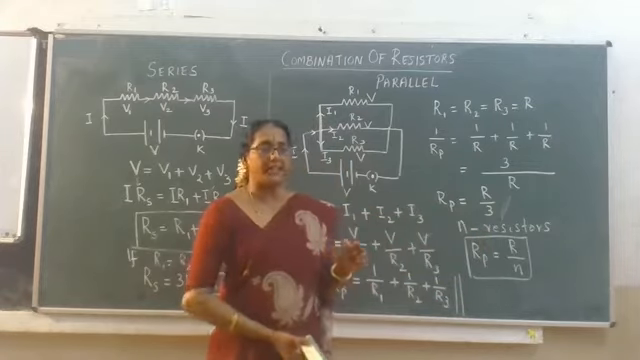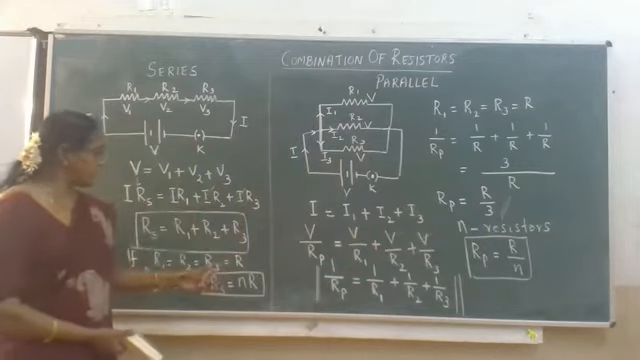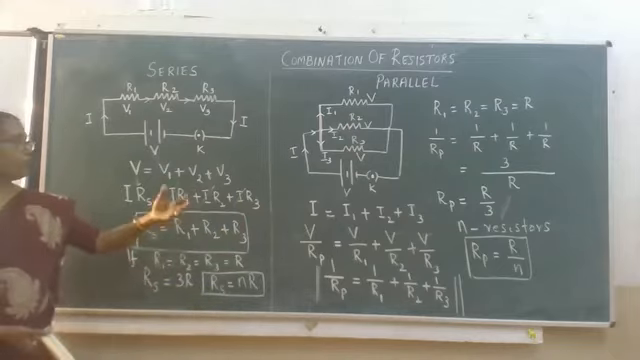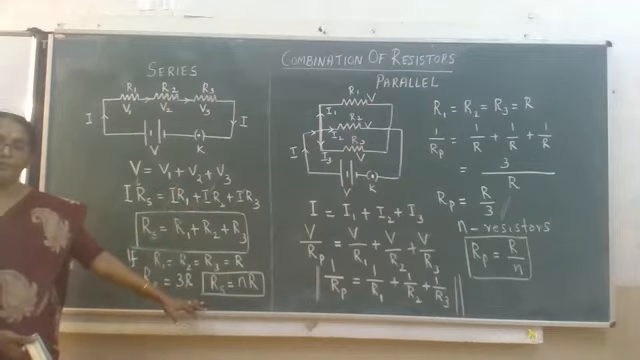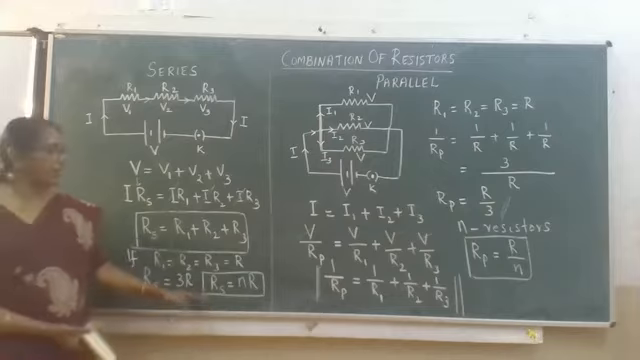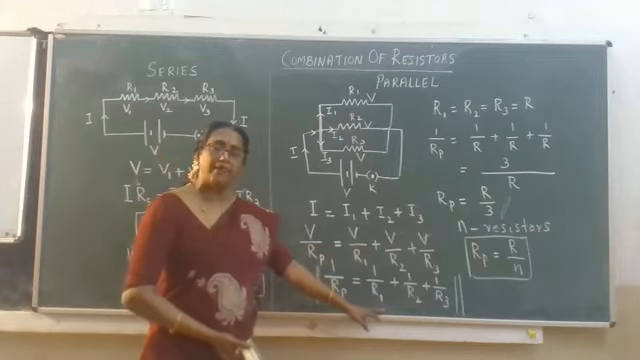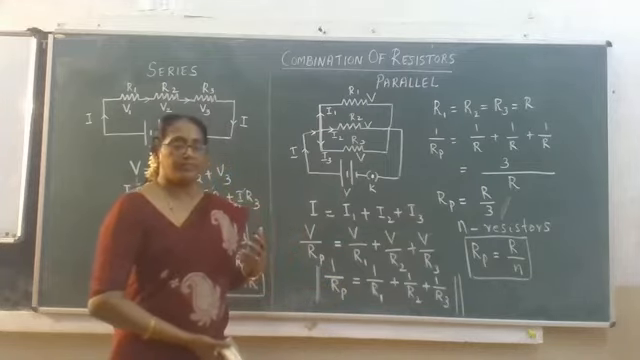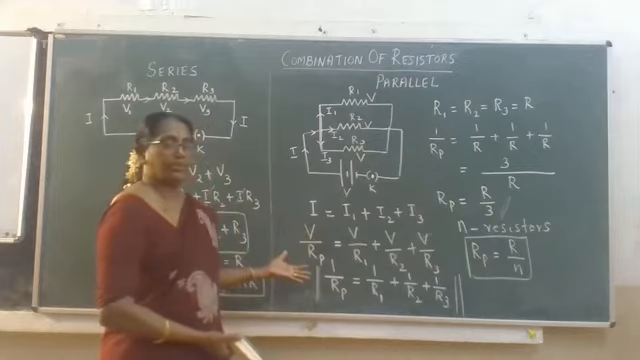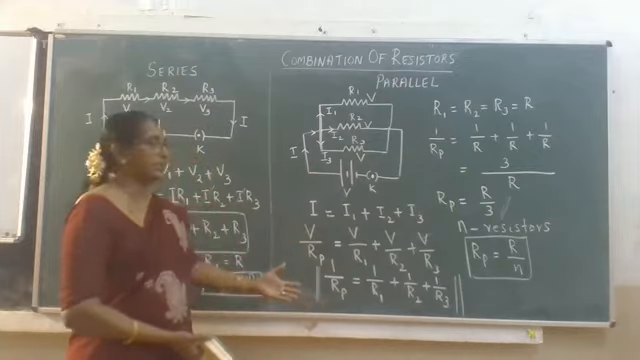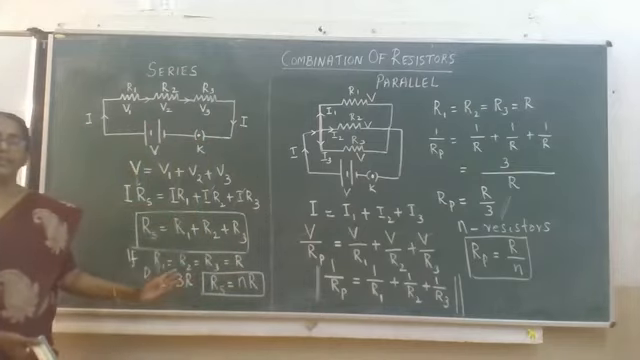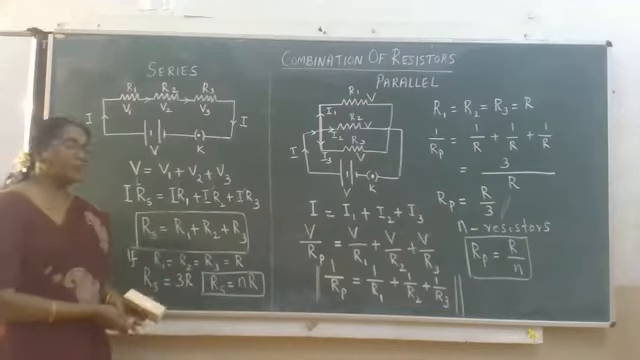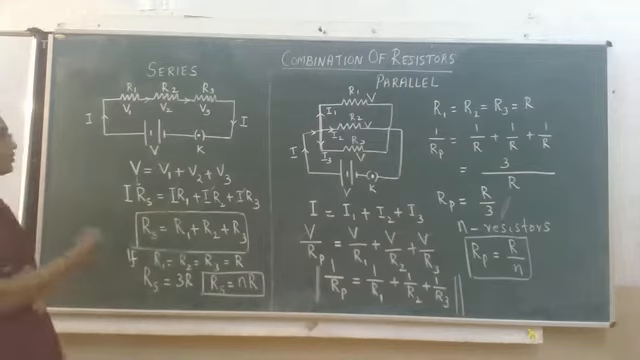So one conclusion is that whenever a number of resistors are connected in series, the effective resistance will be very high, more than the highest value, more than the most. Whenever a number of resistors are connected in parallel, the effective resistance will be less than the least. So to reduce resistance in a circuit, we can have a parallel combination. To increase resistance in a circuit, we can have a series combination. So in series combination, the net resistance will be more than the most. More than the most means